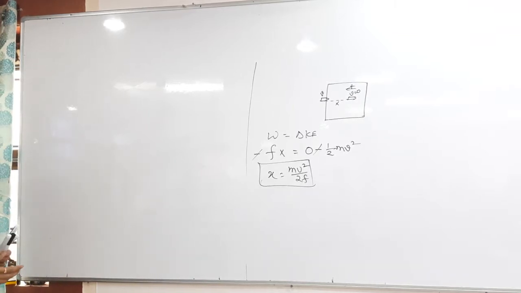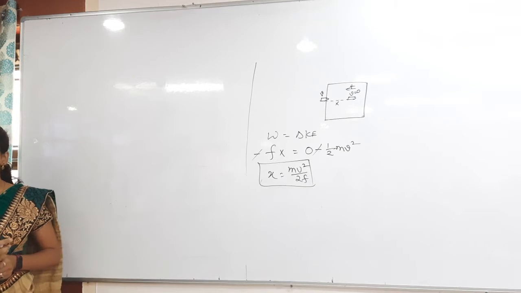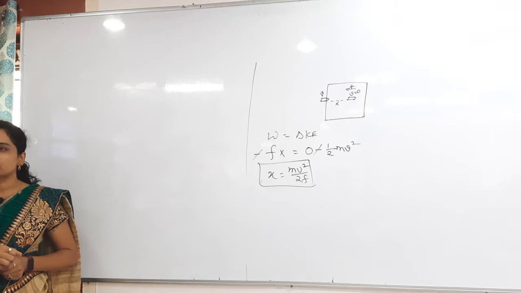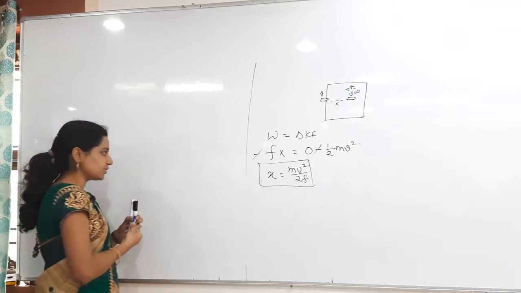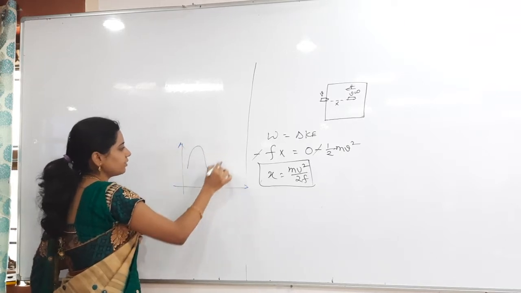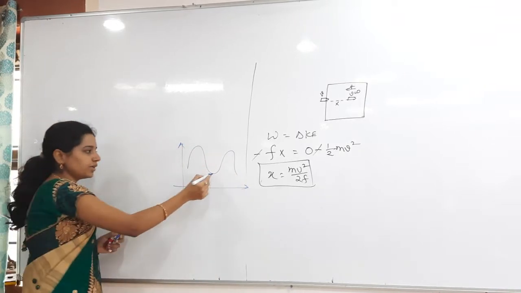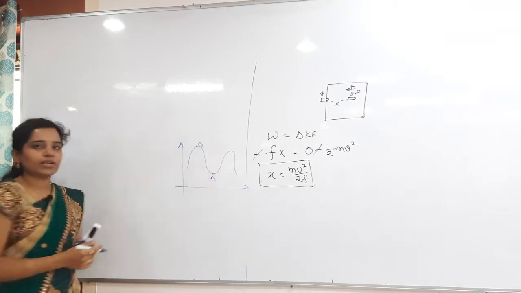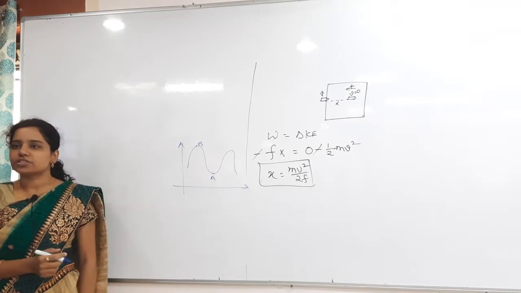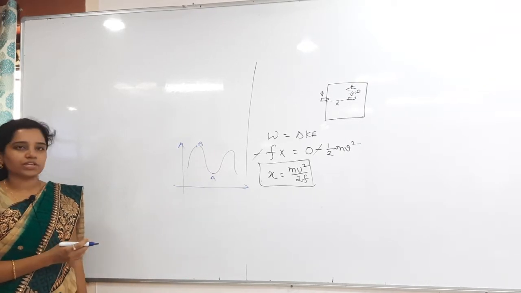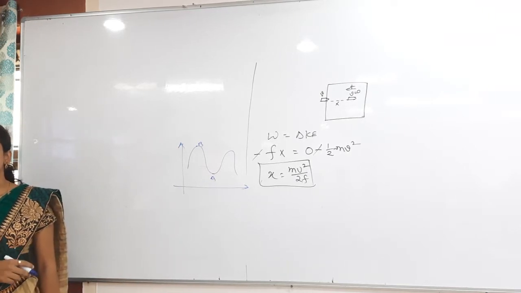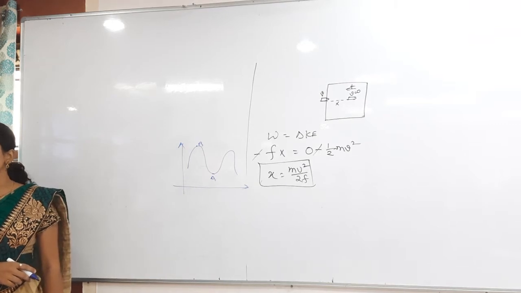In equilibrium, mainly the students get confused in the signs only, when the slope du by dx will be positive and when the slope will be negative. So here they will give a very famous curve, the potential energy curve. You might be seeing this kind of curve. They will give the points A and B like that. They will ask where the potential energy is positive and where the potential energy is minimum. At that time you will get confused. Why? Because for conservative forces, what is the force formula in terms of potential energy?